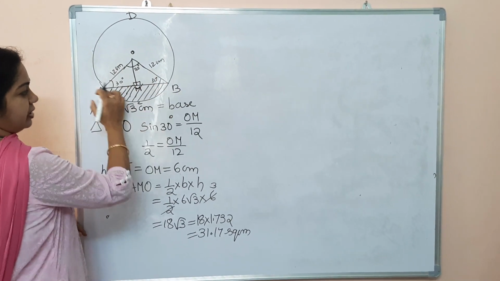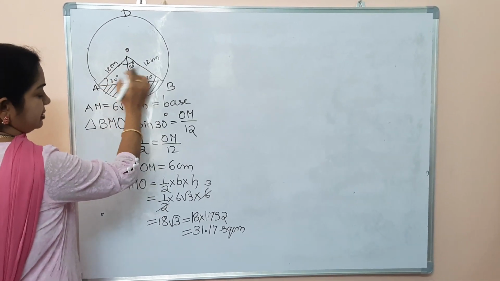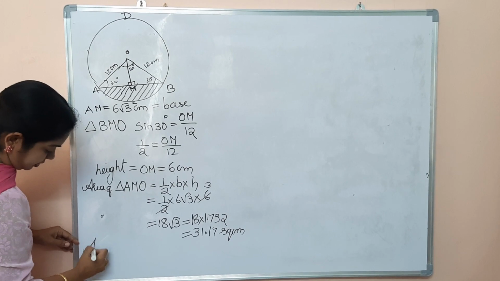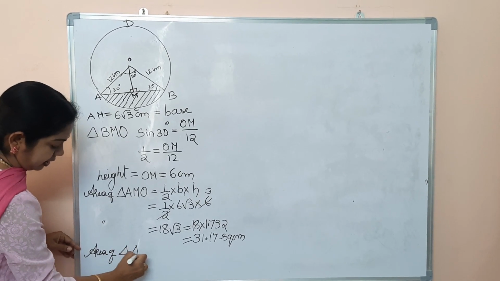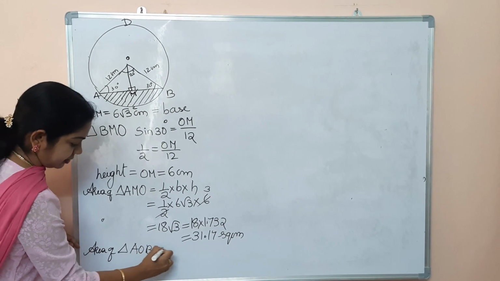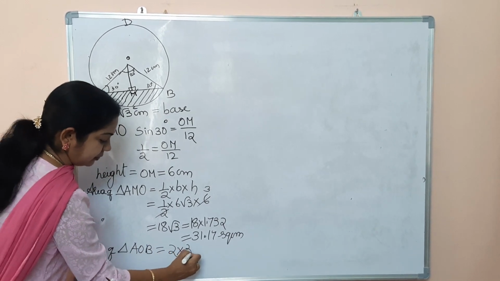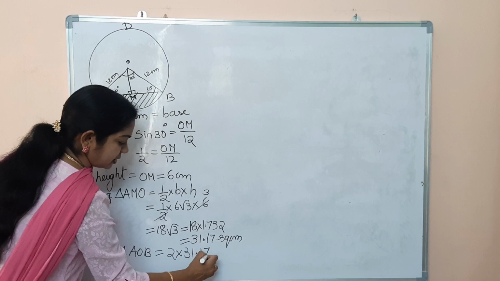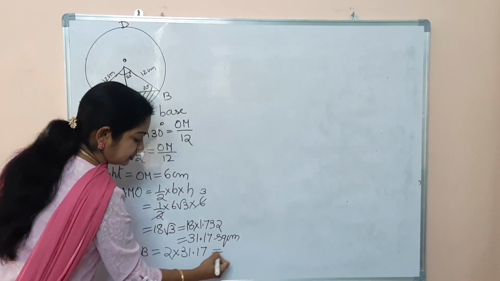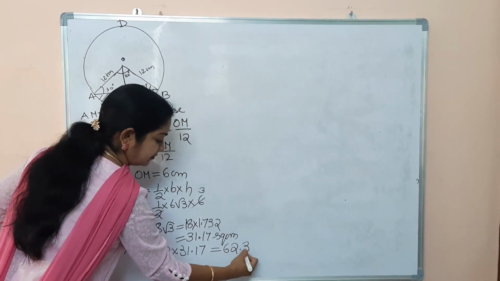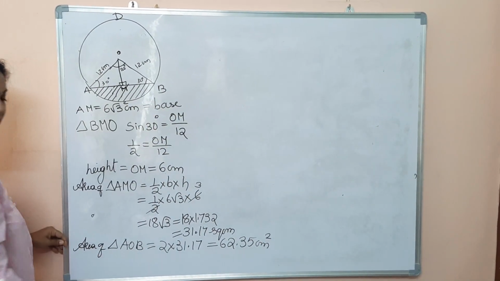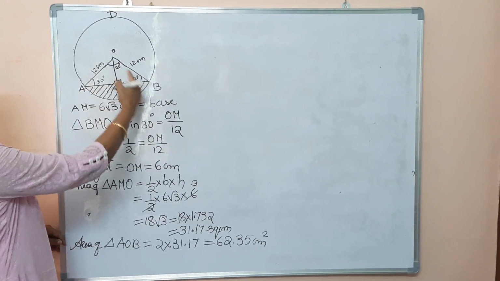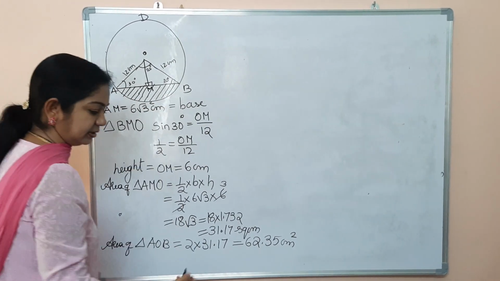I want the area of the triangle AOB. This is twice AMO. So area of the triangle AOB is twice 31.17. Comes up to 62.35 centimeter square. So this is the area of the triangle, and we know that area of the sector is